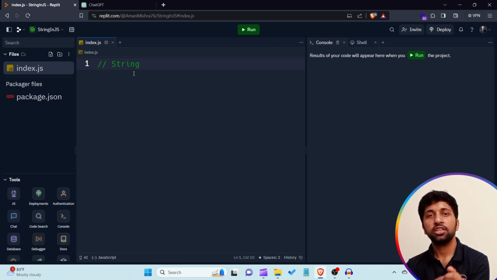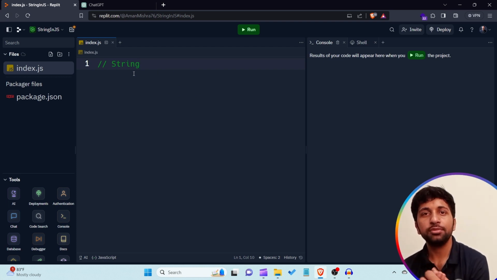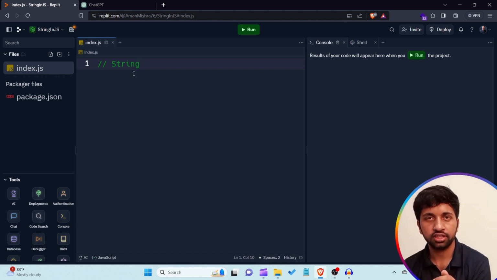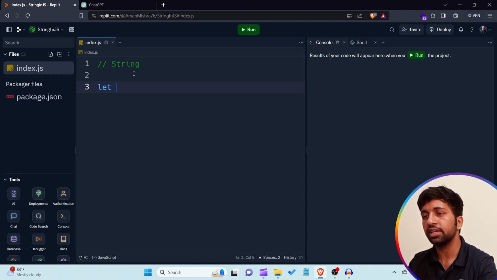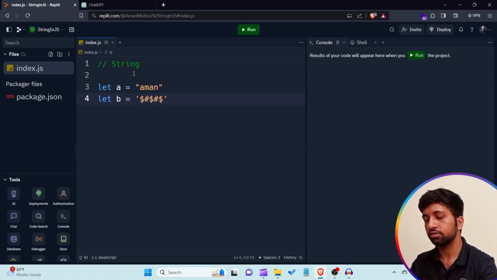in JavaScript. So first of all we have to understand what is the meaning of string. String is nothing but a collection of characters treated as text. Understand what I'm saying? String is nothing but a collection of characters that are enclosed with a double quote or a single quote. What is the meaning of this? I want to write it here so you are able to understand. I'm simply creating a variable, let a is equal to "aman", then let b is equal to, in single quotes, I'm